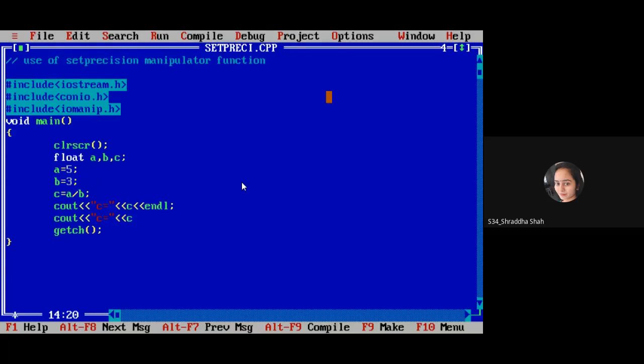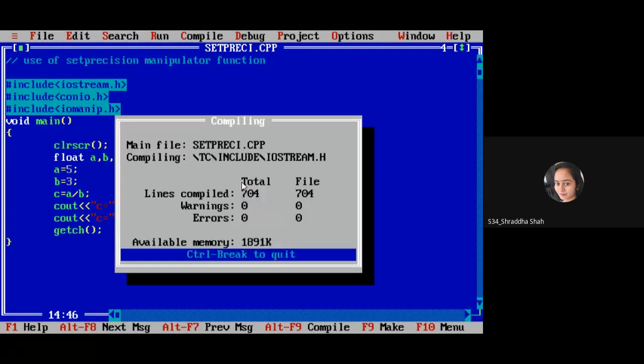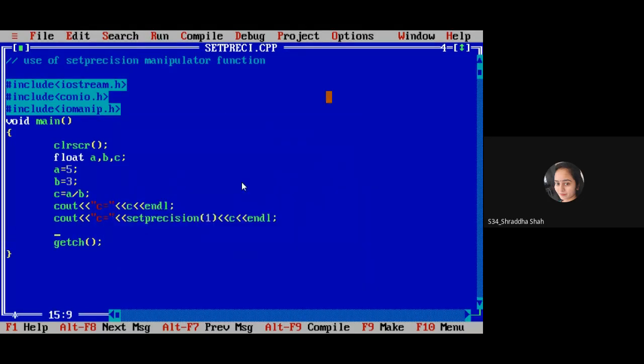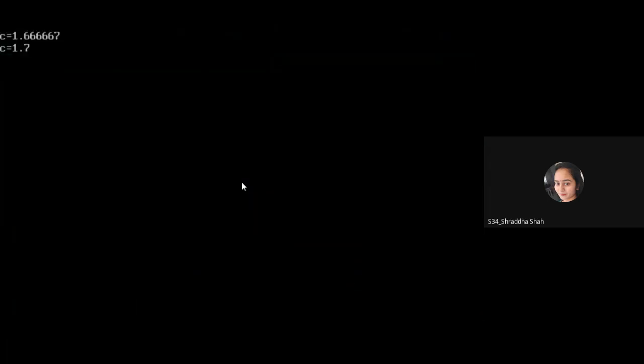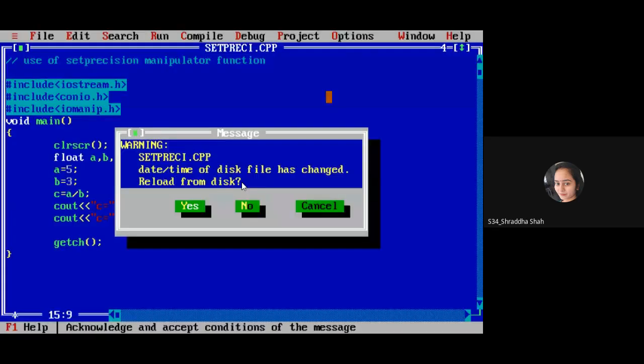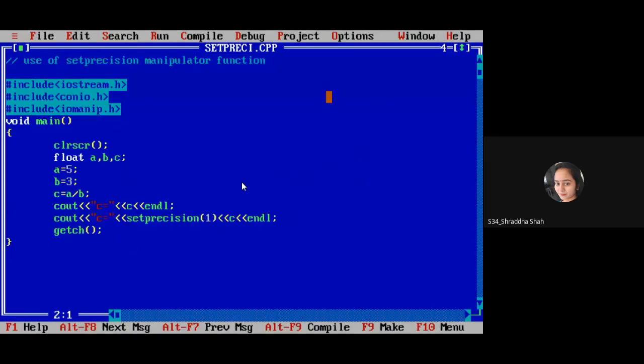Then I have to write setprecision 1. You can see that after the point there is only 1 digit. Now if you want 2 digits,